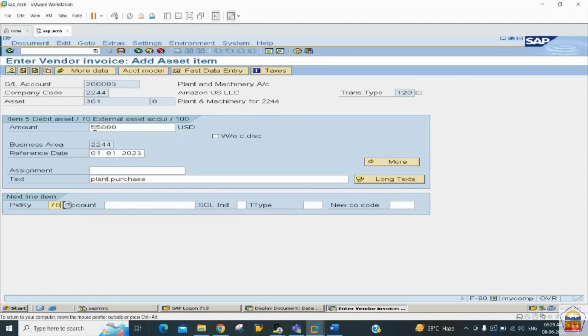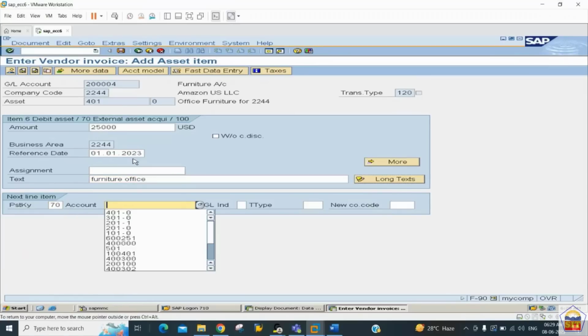Then again we have 70. After the 301 we have 401, that is the furniture, transaction type 100. So we have 25,000. This is furniture, and which furniture? Office furniture. Then we have 70,